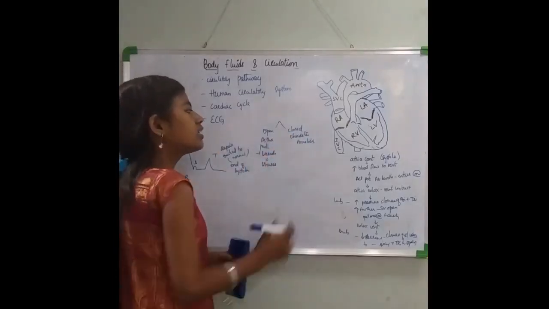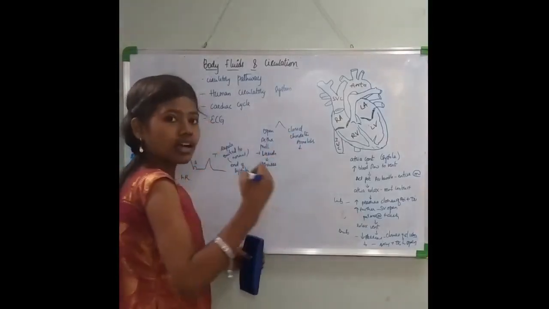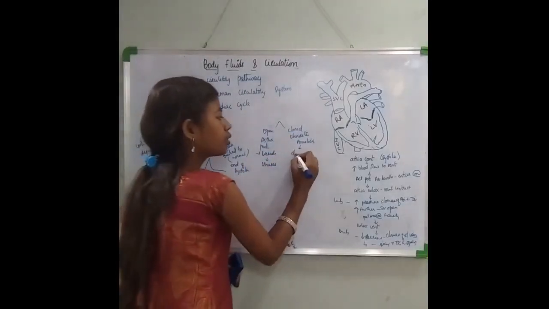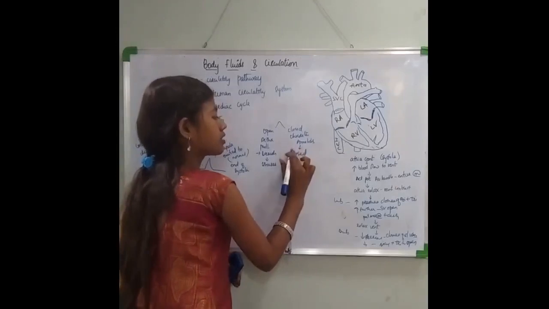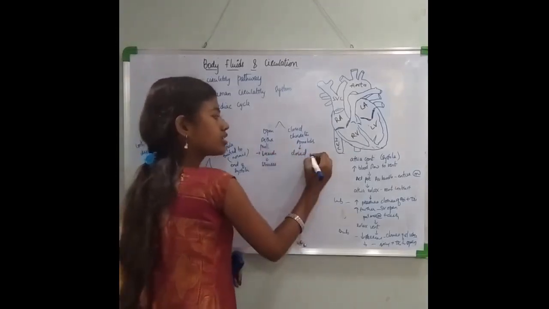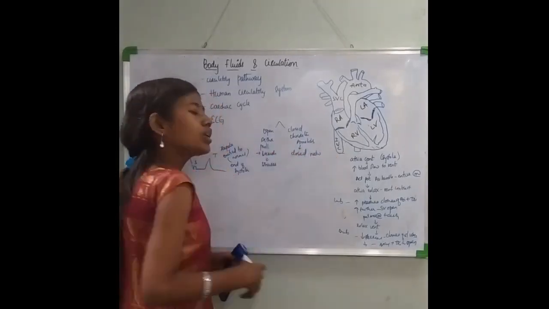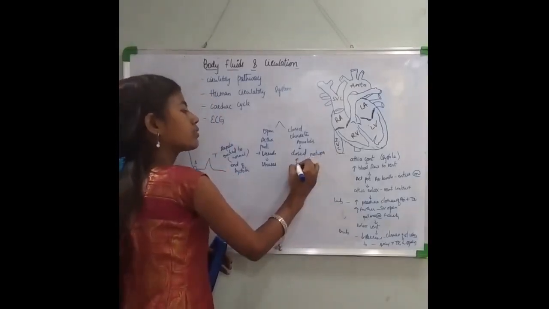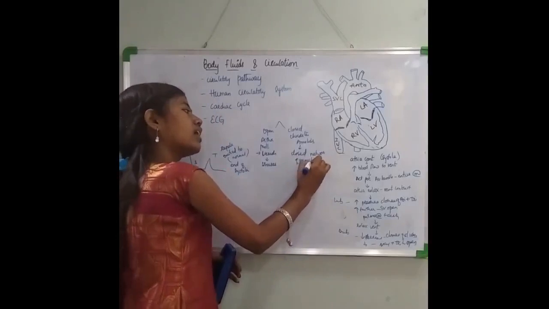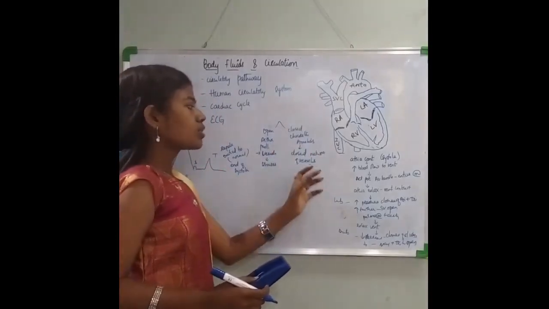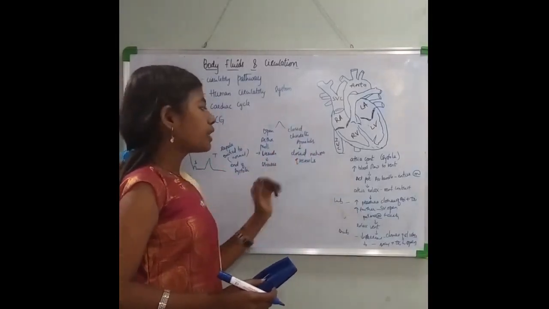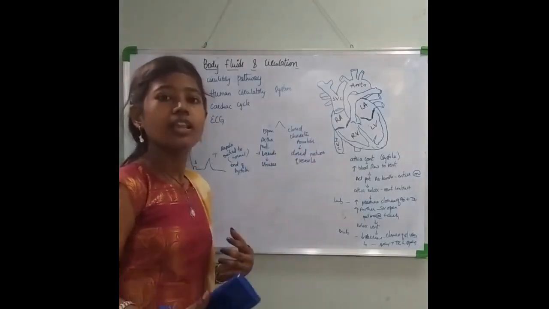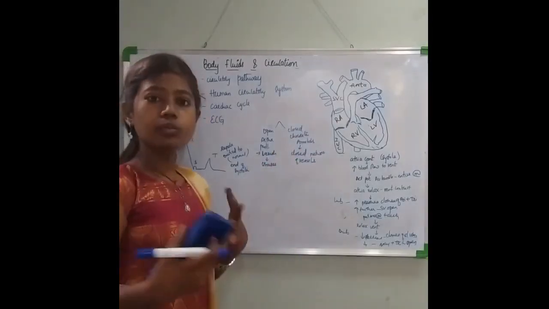Whereas in chordates, the blood which is pumped out by the heart will flow through the closed network of vessels. Here you have an open network of vessels, here it will flow through the closed network of vessels. When you compare open and closed, the closed circulatory pathway is more efficient because it can be regulated very precisely.